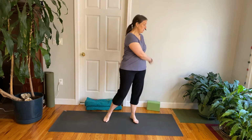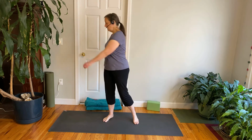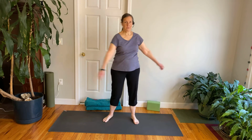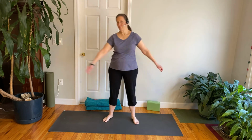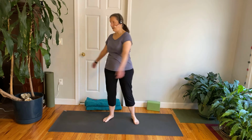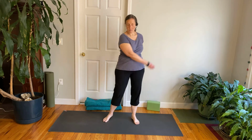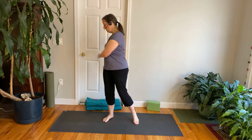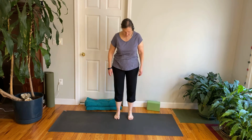We can do this any time of the day. It's a really nice way to get blood flowing, just to shake off things. If you've been sitting for a while, if you've been riding in a car, it's a really nice way to wake up. Couple more little swings here, and then just coming to stand in mountain pose in Tadasana with your feet about hip width apart,